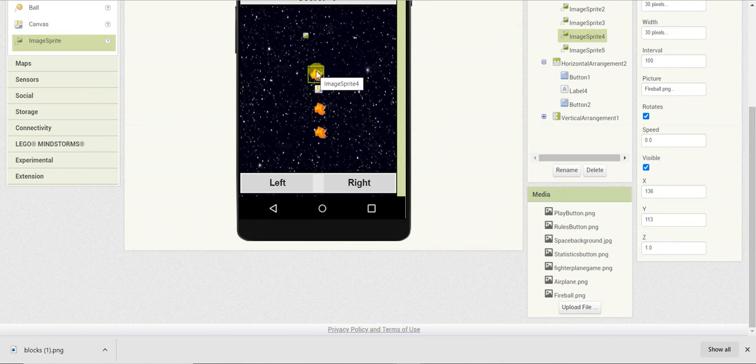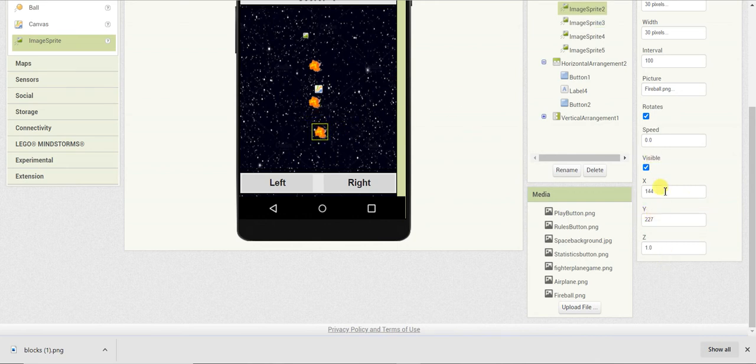So for the first one I'll give 133 as x, and y I will give as 95. Similarly for the next I'll take x as 132, and the y position I'll take as 167.